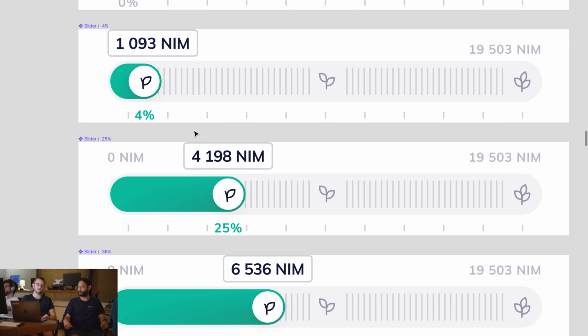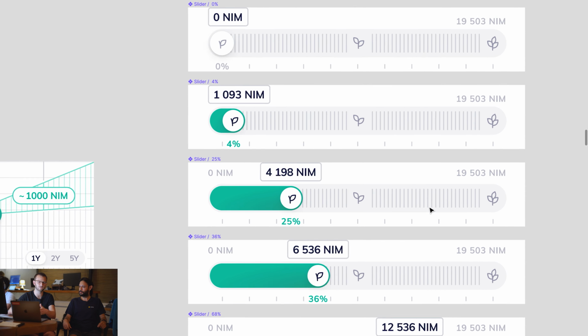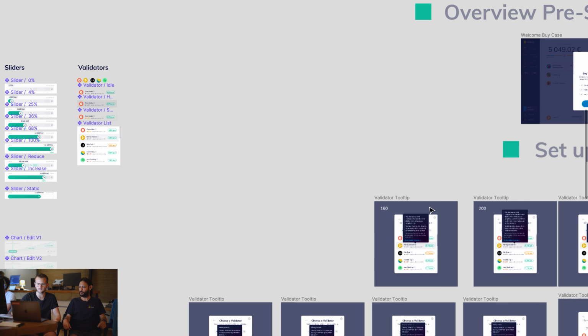But yeah, obviously, as you can see here, the more you stake, the more your plant grows. And we want to follow this concept within the whole staking experience. So if you have an account or an address that stakes more, then you can already see it in small icons and small indicators about your staking process, in terms of how much your plant grows. So this is pretty much the basic concept.